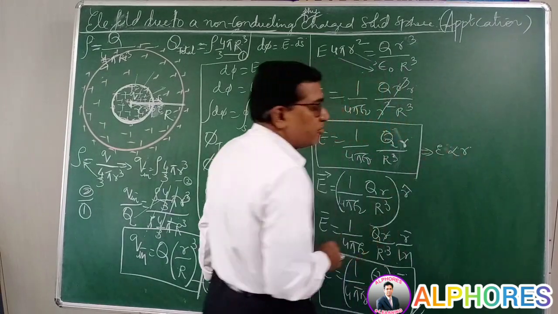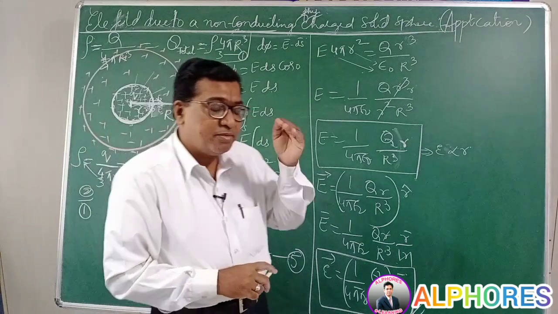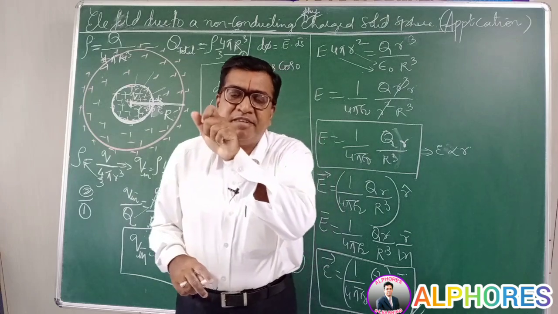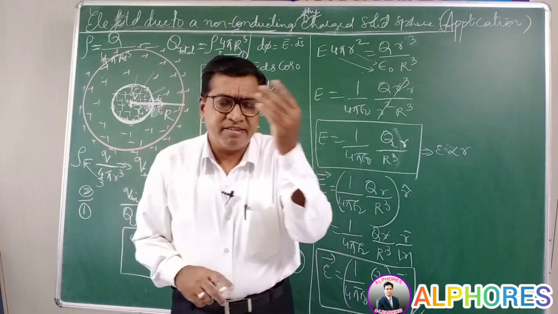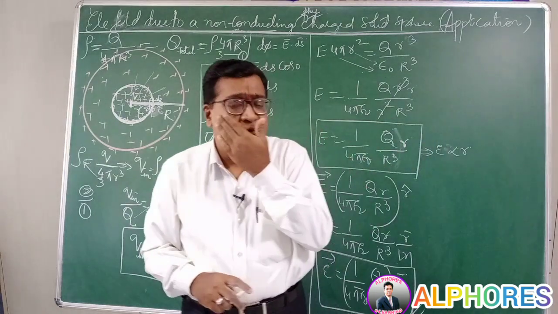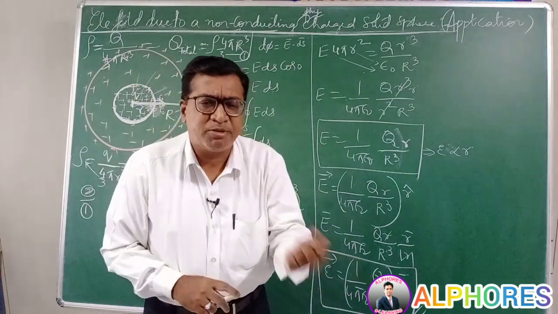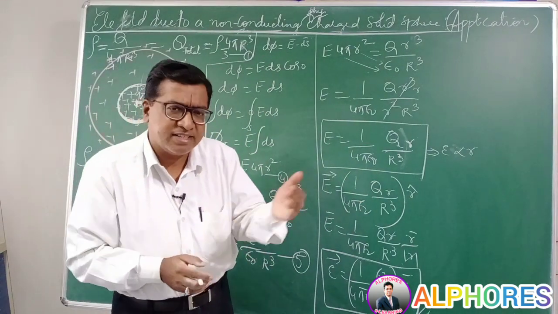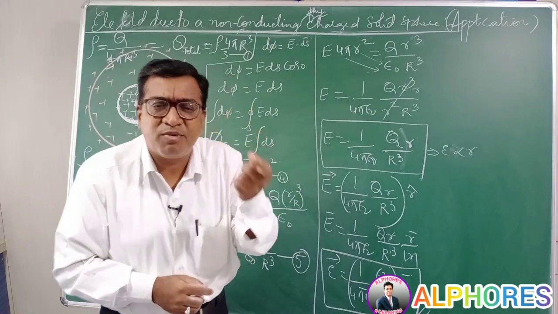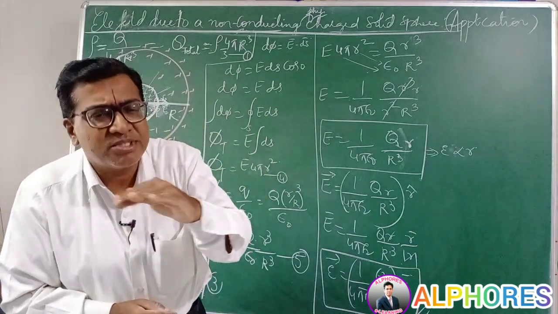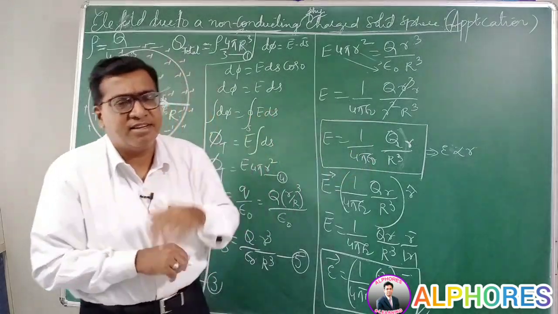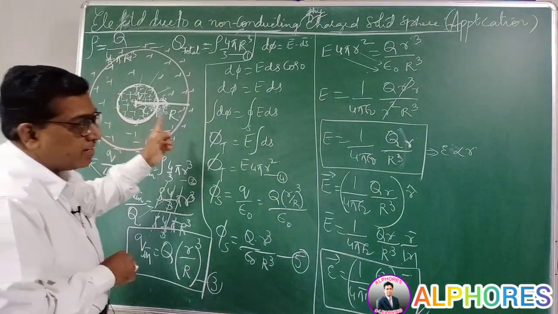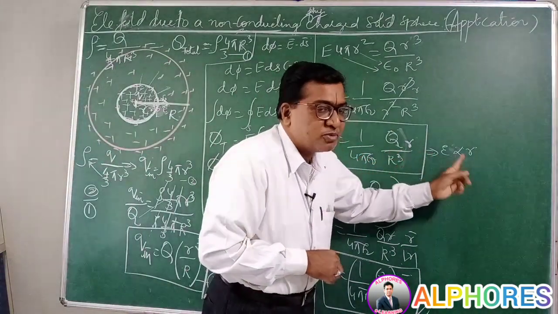This is a very important point to remember. Usually, since the first case of a point charge, the electric field was inversely proportional to the square of the distance. For a dipole, it is the inverse cube law, 1 by r cube. For a linear charge, it is inversely proportional to r. For a sheet, it is a constant. For a solid sphere or hollow sphere outside, it is 1 by r square. In all these cases, the electric field was varying inversely or was constant. As the distance increases, the electric field was decreasing. But here, for a point inside the sphere, the electric field is directly proportional to the distance.